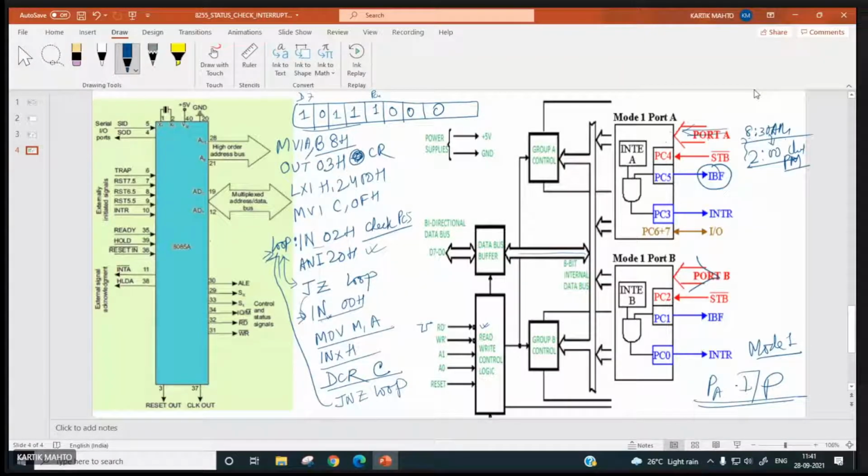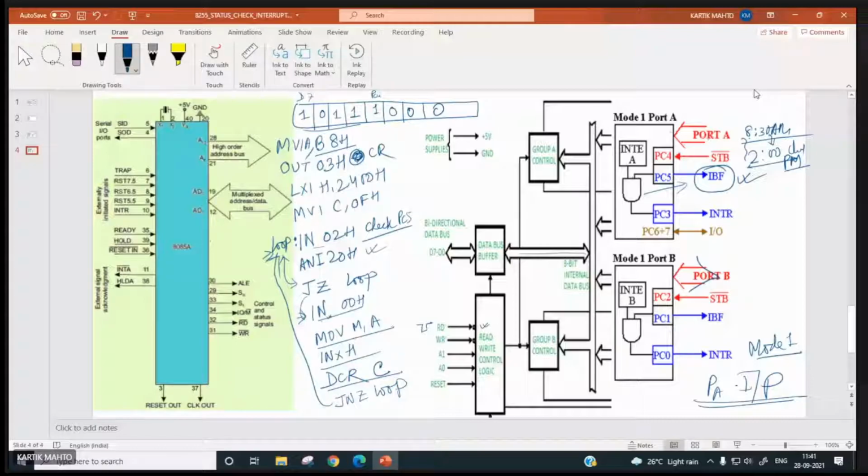So if the processor is transferring data by checking the status of the port, then most of the time of the processor will be wasted in checking the status.